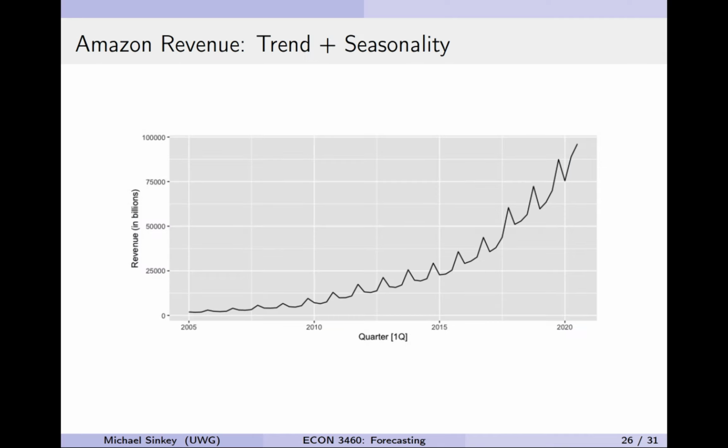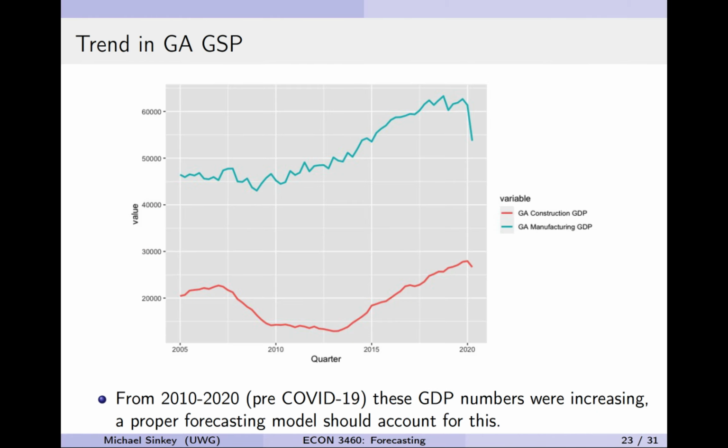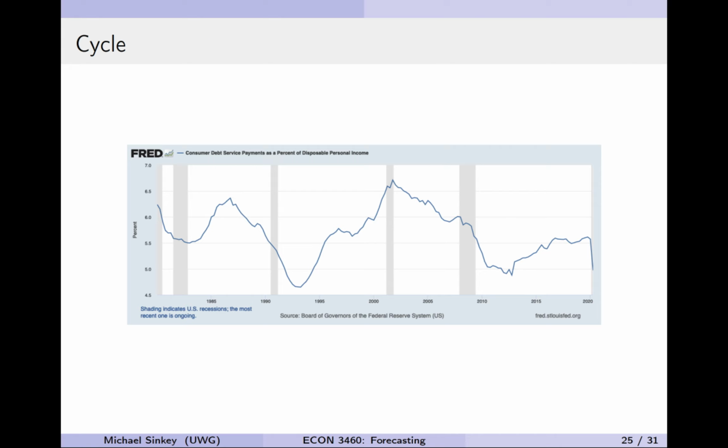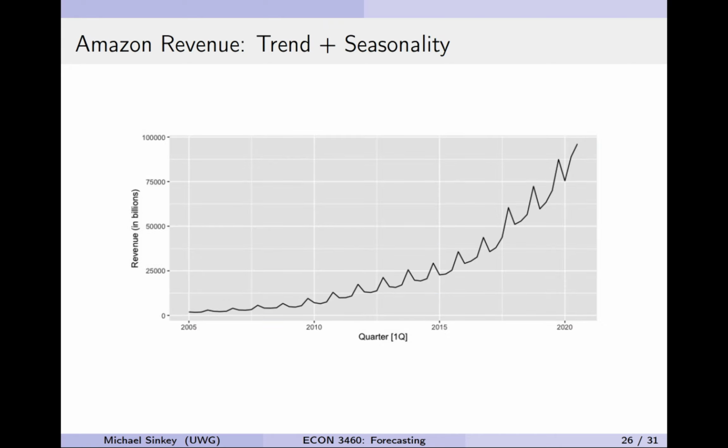Now let's take a look at Amazon revenue. And you can tell I just took this revenue directly from Amazon and I put it into R and I graphed it myself. I took the previous graph from the St. Louis Fed, but I graphed this myself, and you can see the obvious trend going up. Amazon's revenue has been shooting up, but there's also this seasonality in that every 4 quarters there's a spike. What's interesting about Amazon is that their revenue has gone up so sharply that even though there's this seasonality in their revenue, it's still dwarfed by the magnitude of the increase in